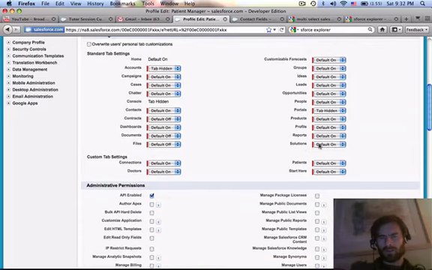Solutions. We'll leave solutions and cases default on also, because if patients call in, we want to be able to enable cases and create solutions out of that. We'll go into that a little later. Accounts, we'll just make all these default off. Default off. Default off. Leads, opportunities, people. I'm just going to pause this while I